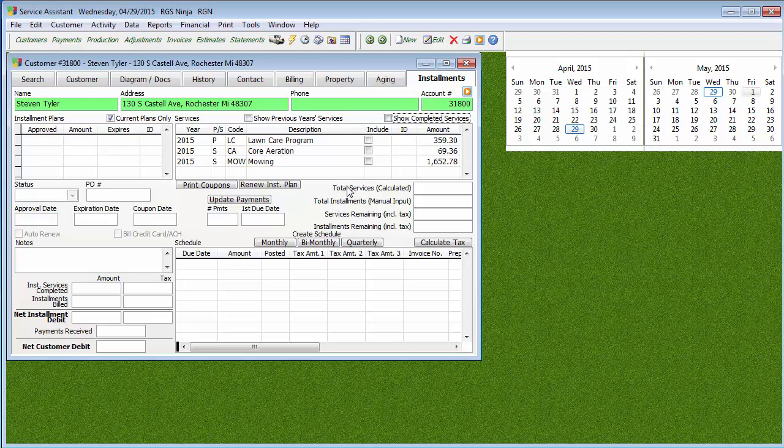But over here, you'll see that we have total service calculated. That's going to be the calculation of whatever you select up here. Total installments manual. If your calculated is not going to be equal to the manual, for example, let's say you're giving them a break because they're doing it as a payment plan, you're trying to help them out, you're going to give them a slight discount, then you'd put in a manual amount for a little bit less than what